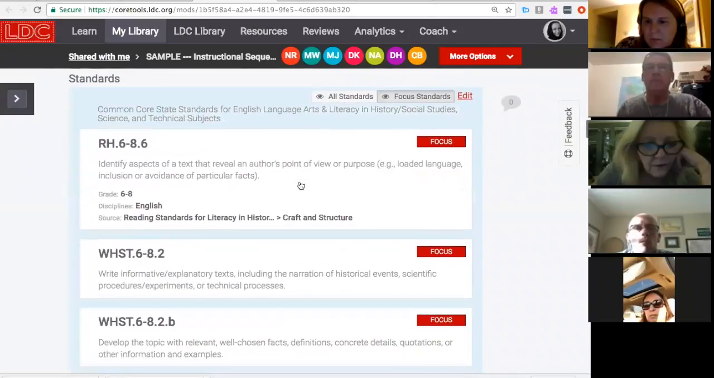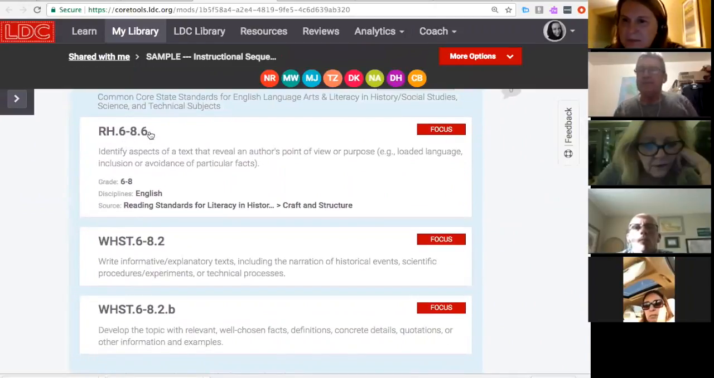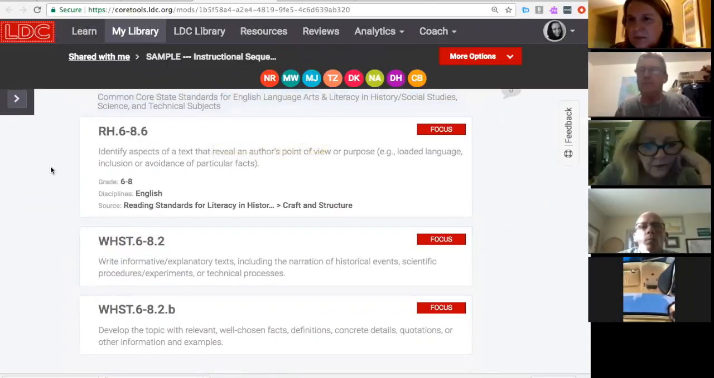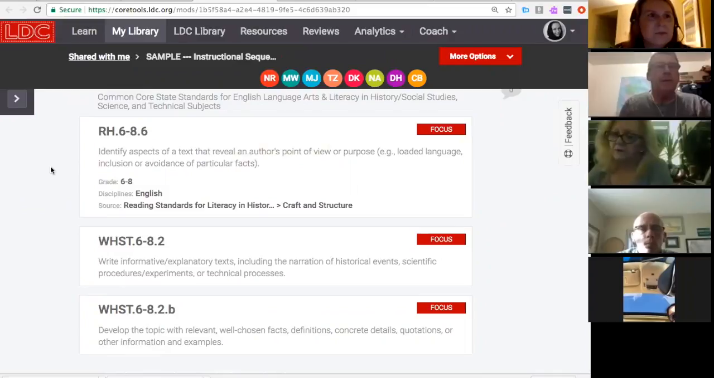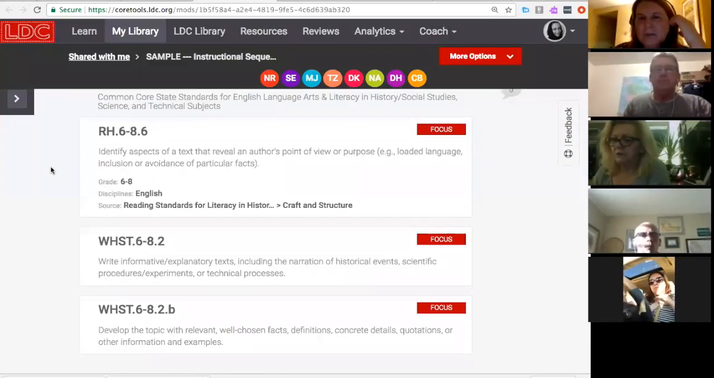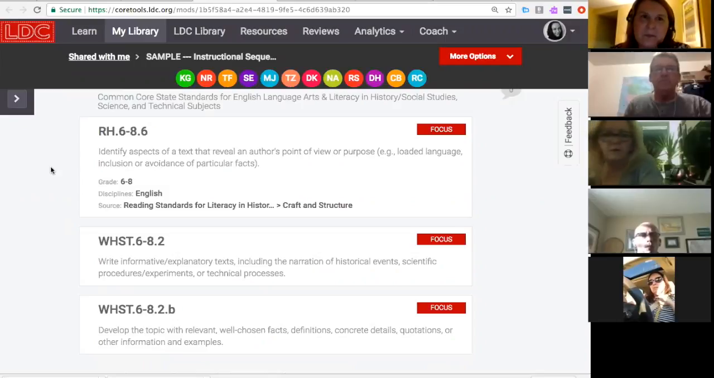The focus standards are such. We've got reading standard 6 for middle grades, our point of view standard. It asks the kids to identify aspects of a text that reveal an author's point of view or purpose. So it's expecting that students are going to be able to identify items like loaded language, or the inclusion or removal or avoidance of particular facts. So we really want to make sure that the kids are reading both texts with those items in mind, looking for particularly loaded language or areas where they see people have intentionally included or removed certain facts in order to bolster their perspective or case